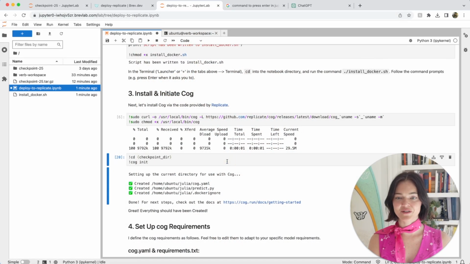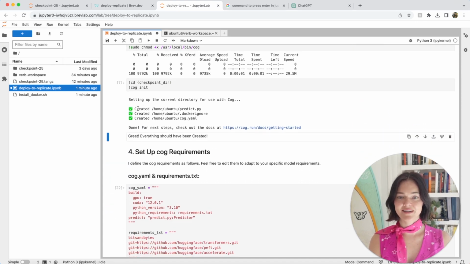Cog is a really powerful tool by Replicate that makes it super easy to deploy a model for inference. Pretty much you do a bit of wiring and they give you an ML optimized Docker container that comes with an inference server and has the right Python and CUDA versions set up and ready to go. We actually found it really useful, which is why we built on top of it when building Verb, which is our tool that makes it really easy to get a container for fine tuning and training. So we add an SSH server, we added Jupyter notebooks, and our UI lets you point and click the Python and CUDA versions. So we're going to run these 2